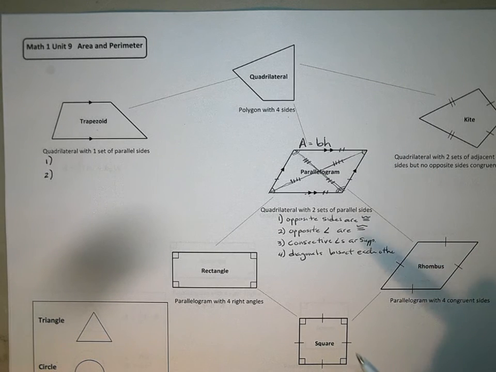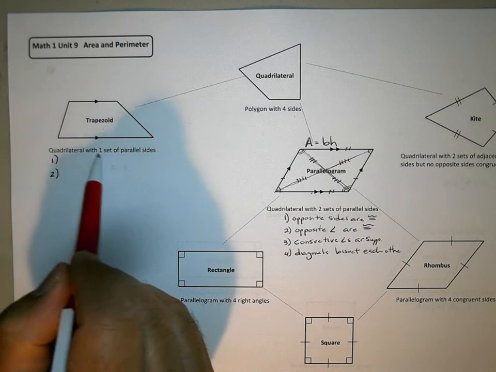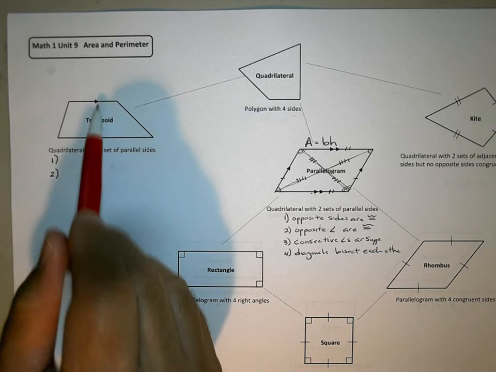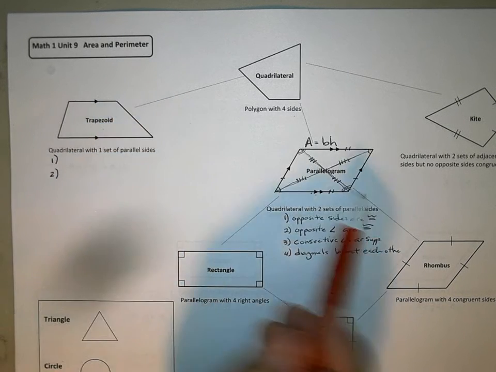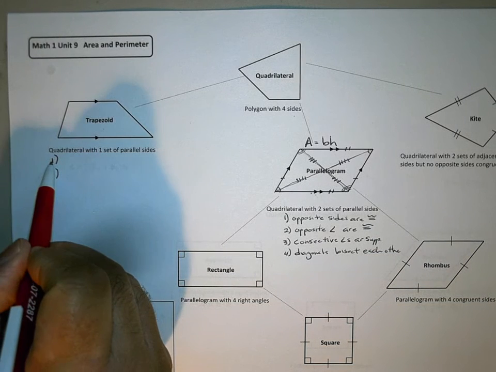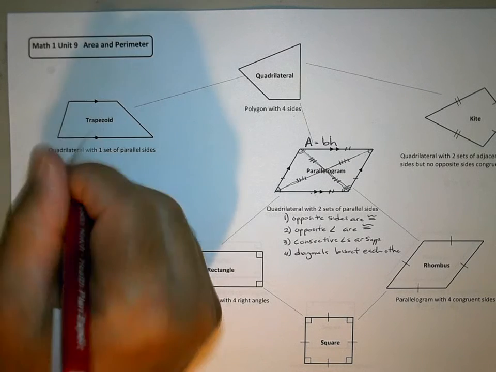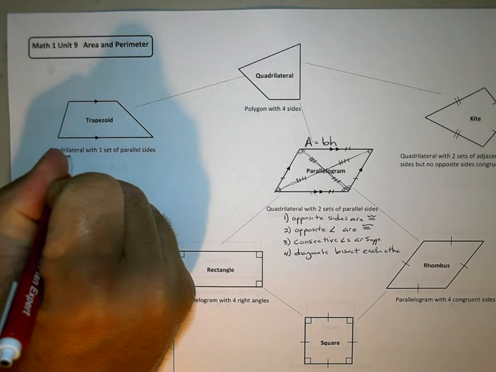Okay? All right, we're going to start our discussion today talking about a trapezoid. And a trapezoid is a quadrilateral with one set of parallel sides. Only one set of parallel sides. That was going to be my number one there. So I won't write that down, but the only thing we're going to tell you about a basic trapezoid, the only thing, it has two sets